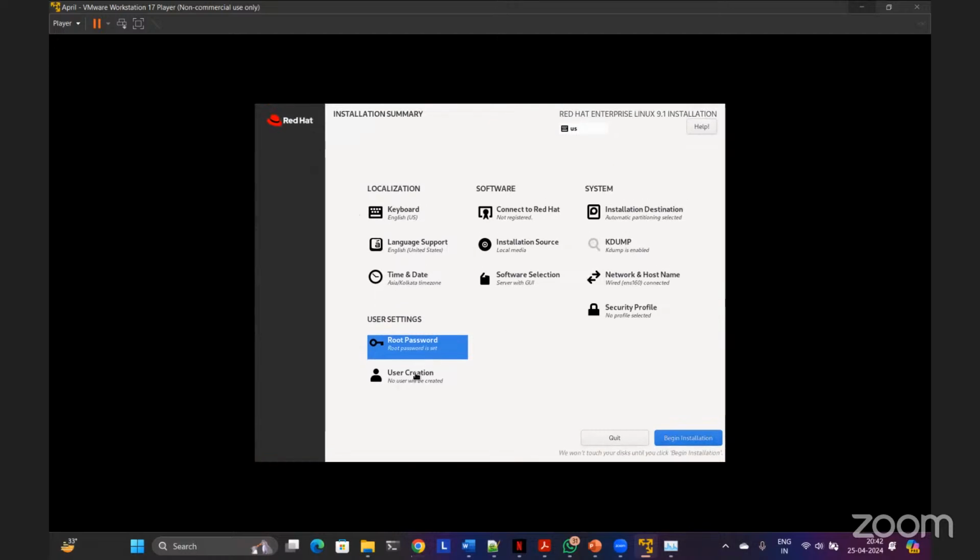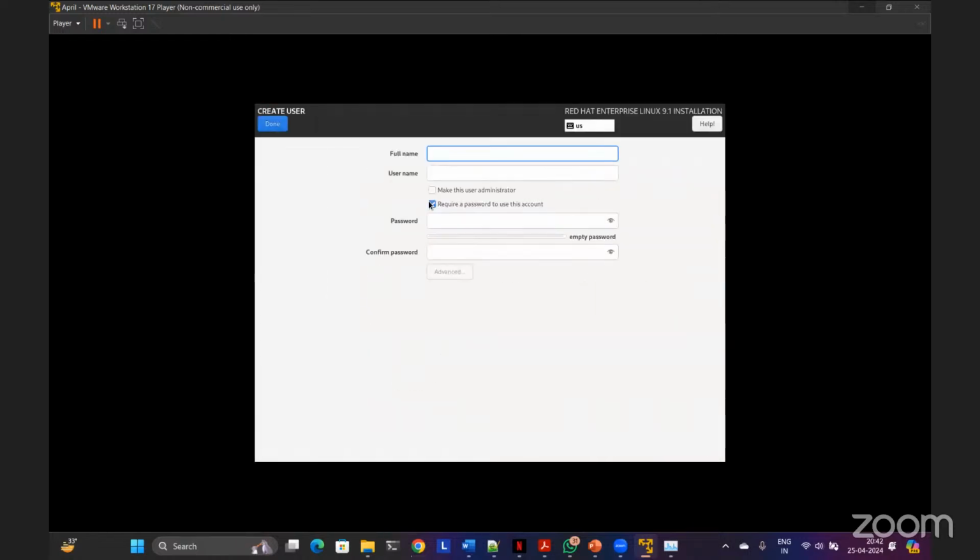Lastly, there is user creation option. So as I said, we always log in as ourselves. We don't log in as root or administrator. Okay. So we have to create our username. So create user, click. I'm going to use a name which is student. I use this name as a generic name. You can also use the same name student so that we all are on the same page.